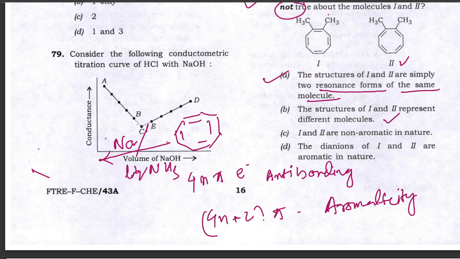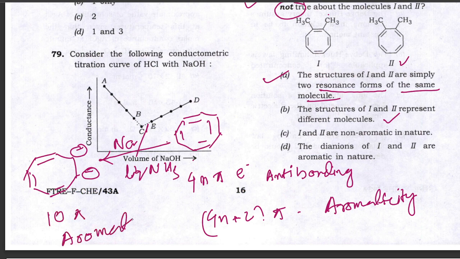So you know that this is a very good reducing agent because the electron is free and solvated in the ammonia, and it will take 2 electrons from this solution and will be reduced into this form. Okay, the structure will be like this, dianionic form. So this is a 10 pi electronic system which is aromatic, and to attain this aromaticity the molecule becomes planar here. So the dianion is aromatic. This statement is also true, but option A is correct.